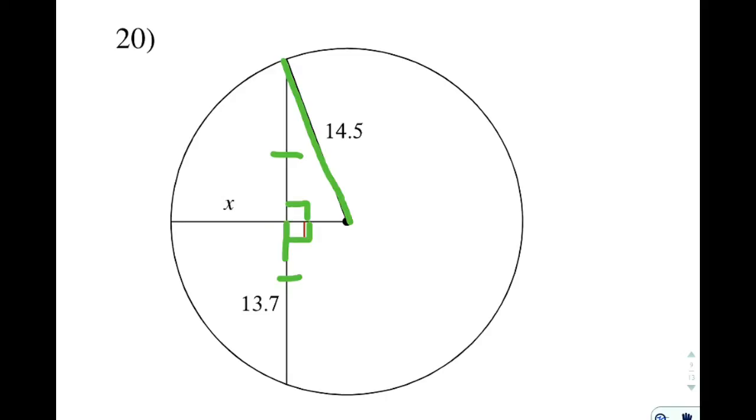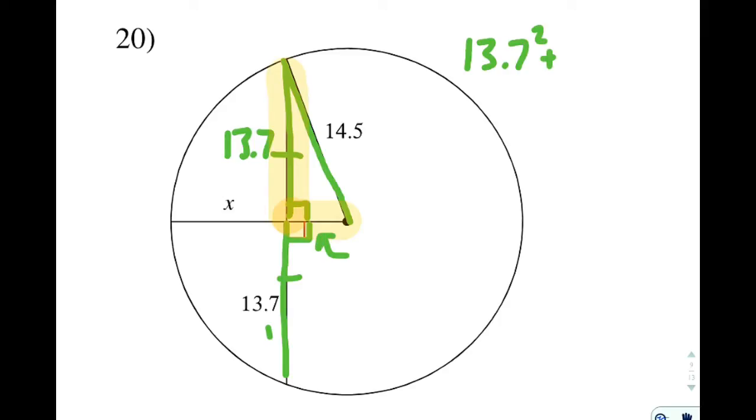Because this piece right here and this piece right here are congruent, they are the same length because they're cut in half, I know that this is 13.7. So if I'm going to use the Pythagorean theorem, I can use short side and short side, each squared, equals long side squared. So I can say 13.7 squared plus, and I'm going to call this side b. Note that I didn't call it x because I have an x over here. So if you're going to use x, make sure there's no x anywhere else in the problem. I'm going to call that little piece b